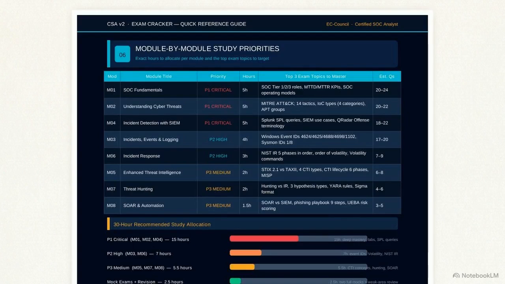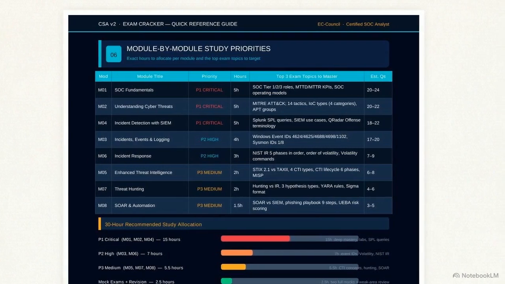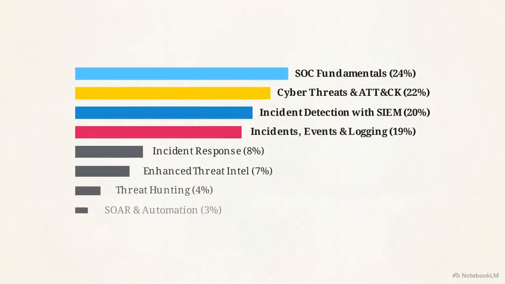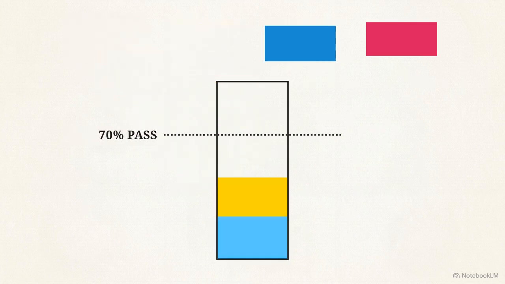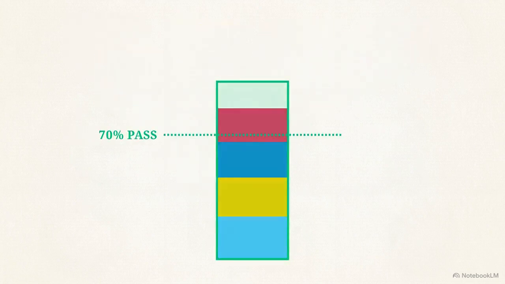This mapping table reveals that the majority of points are locked in just 4 priority modules: SOC fundamentals, cyber threats, SIEM detection, and events and logging. These high-yield domains combine to represent approximately 85 out of the 100 total questions. The remaining modules, such as incident response and enhanced threat intelligence, make up a minority of the exam's total weight. Mastery over the top 4 domains creates a mathematical buffer that exceeds the 70% requirement before you even look at